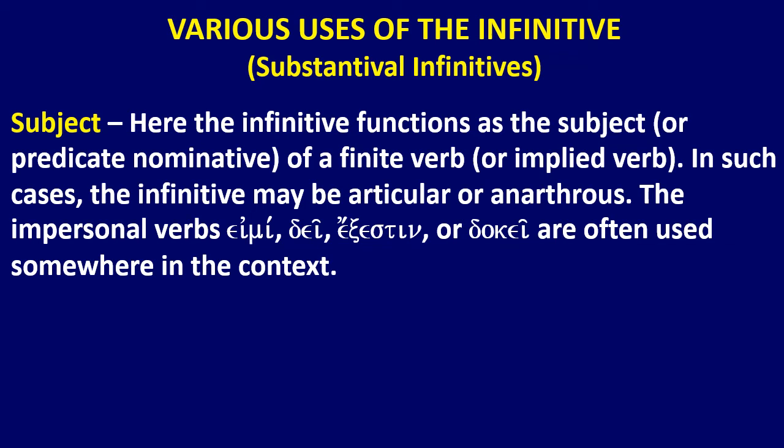And so when you have a subject substantival infinitive, it often will take an impersonal verb in the context, like esti, dei, exesti, and dokei. Esti meaning it is, dei meaning it is necessary, exesti meaning it is right, and dokei meaning it seems good. These are often somewhere in the context. Now let's look at an example